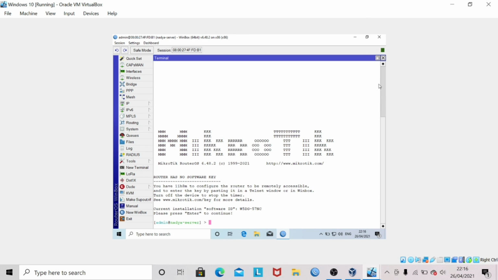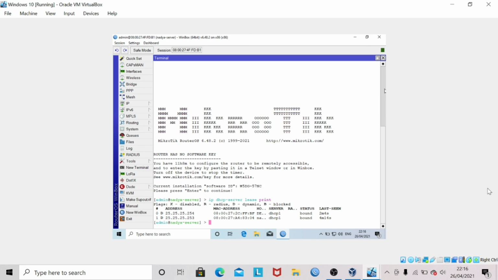Use the command ip dhcp-server lease print, and we can see that there are 2 IP addresses assigned dynamically to the client router and the client laptop. This is the client router, and this is for the laptop.